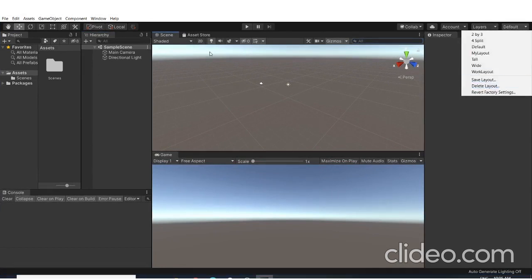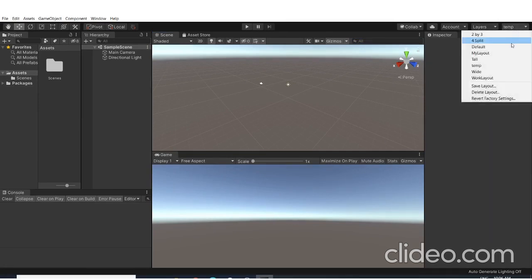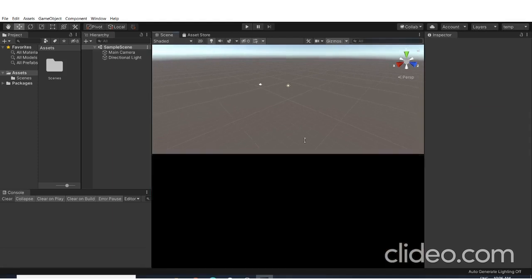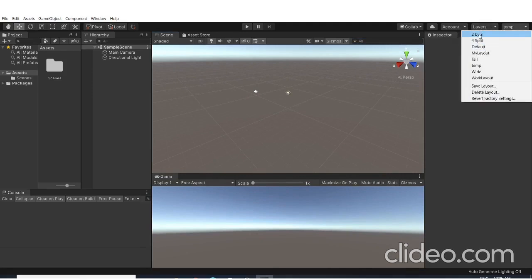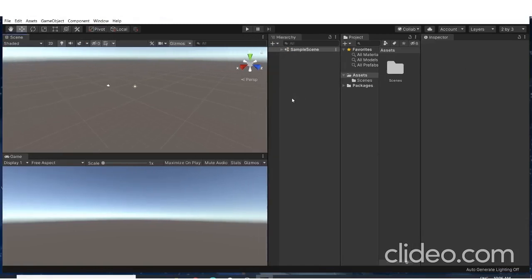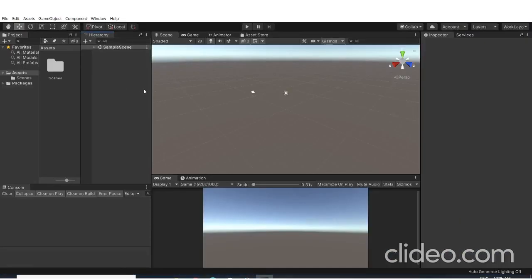If you have done this, you can save the particular layout you want. I just call it temp for now for the sake of time, and you should see that your environment is saved. Whatever environment you are comfortable with, you should create it. Just make sure that the scene and the game window are visible side by side. There are other layouts also, like 2 by 3 split, which is again good, but I am much lefty, so that's why I keep my things on the left. Okay, so I'm back to my environment.